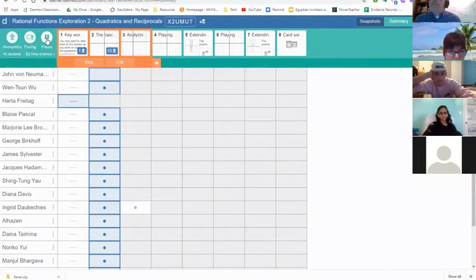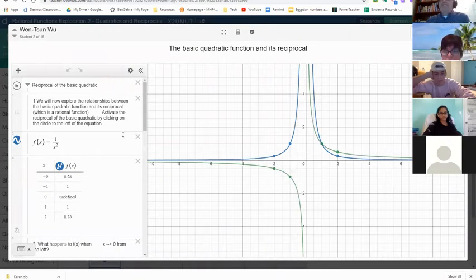Okay, so we're going to do a very similar exploration to the reciprocal of the linear, but this time we're looking at the reciprocal of a quadratic function, which is a rational function. And so what we're exploring on the first screen is just this idea of,